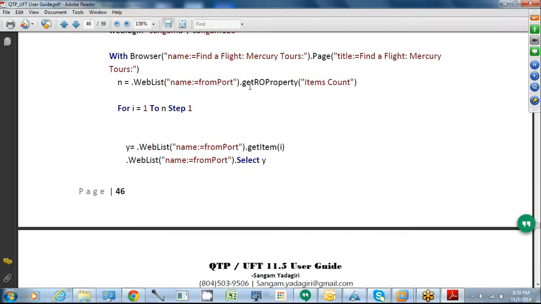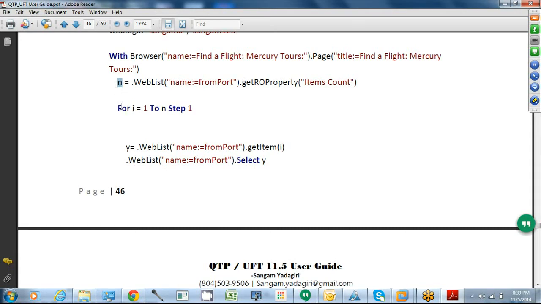Gautam had some doubt earlier this morning: if you want to capture the number of items in a drop down, use GetROProperty, and items count is the property name, so it will automatically catch the number and store it in n.